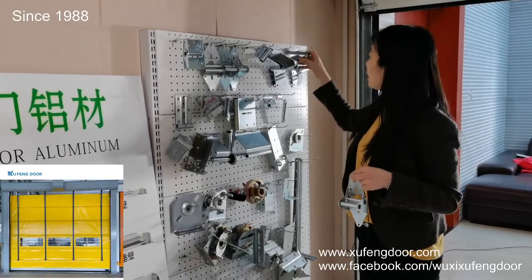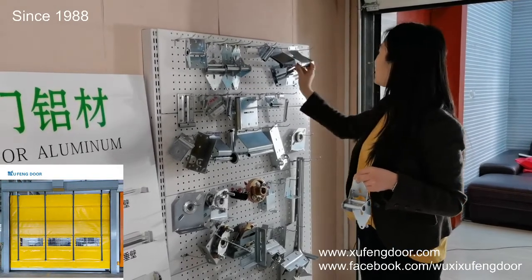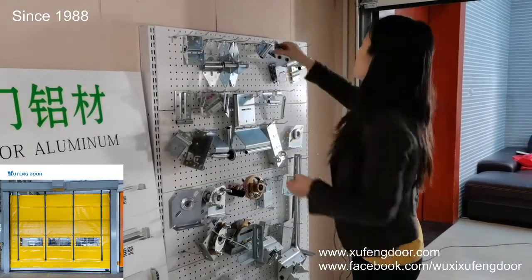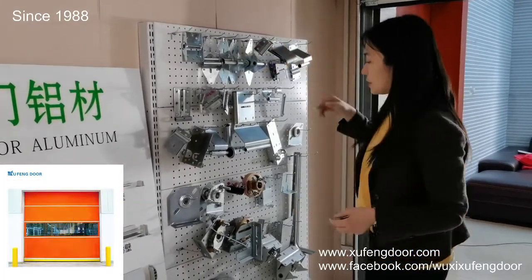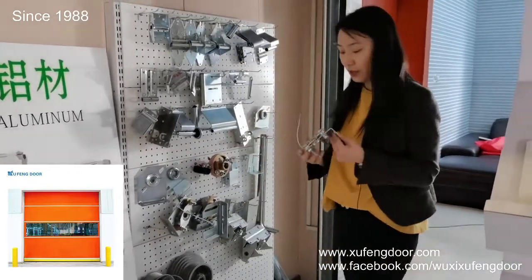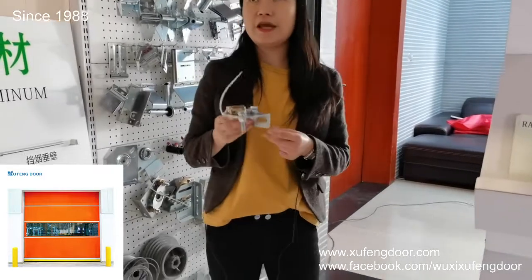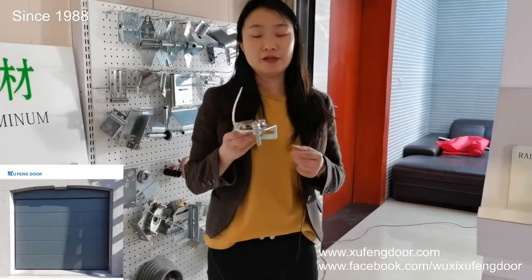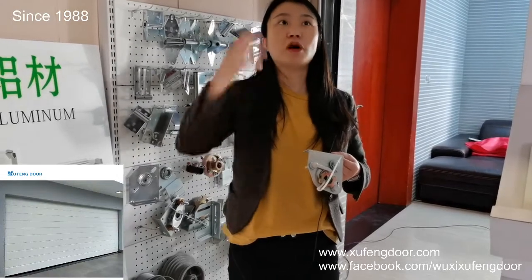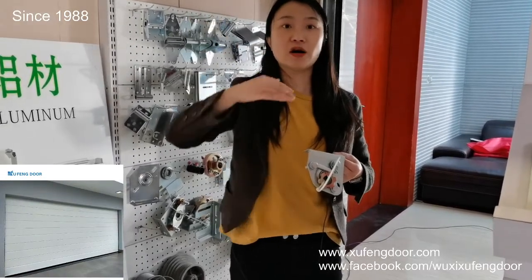And if we talk about, let's say, the accessories, we also have options. For example, let me take one as an example. This one is a spring brake device, which means, if you are familiar with the spring type which has the strength to roll up the doors, go up and down for this kind of mechanical system, then